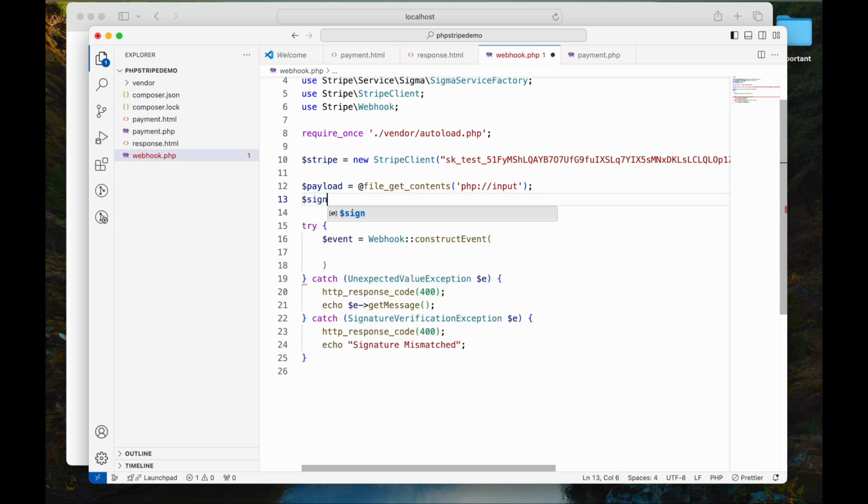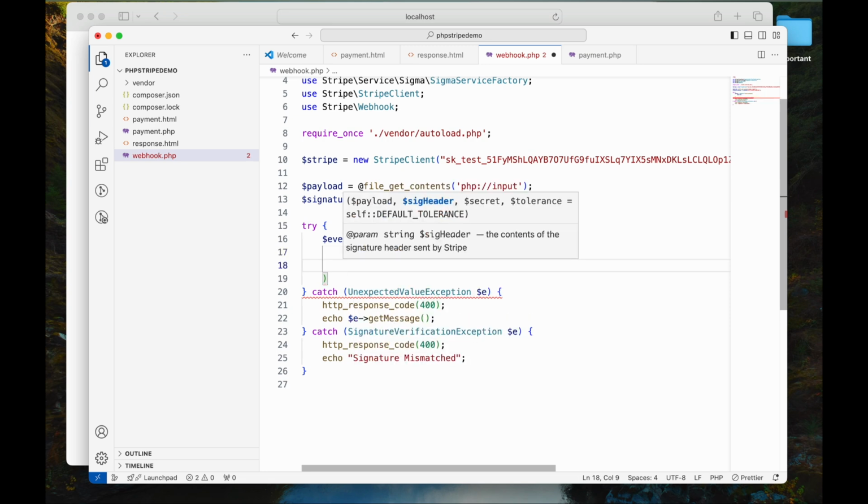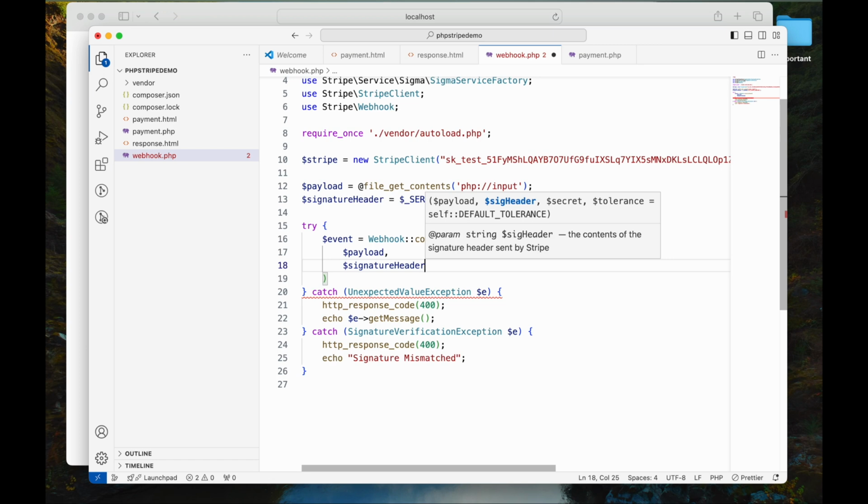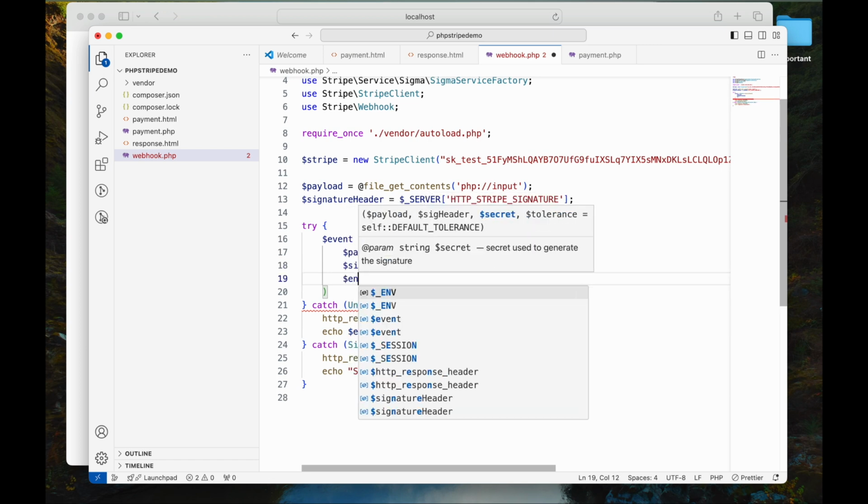And as I mentioned, Stripe sends us some signature information, which is in the header, HTTP Stripe signature. Alright, so we have two variables here. Let's pass them. One is this payload, second is the signature header, and then the third would be the